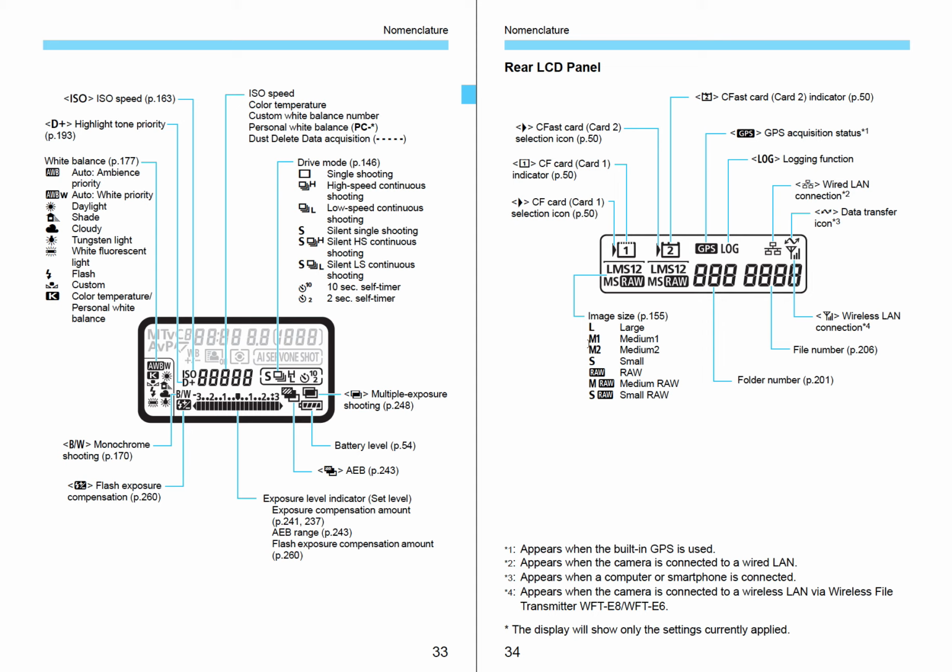You got your large, medium, for JPEG, you got your RAW. So you can shoot small, medium, large RAW, plus small, medium, large. There's 2 mediums, actually, and a large JPEG. I always shoot large JPEG. The camera I've got now does RAW, but